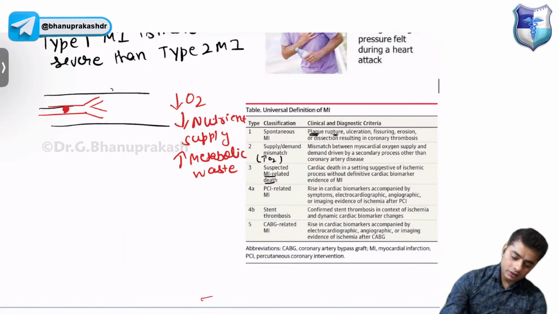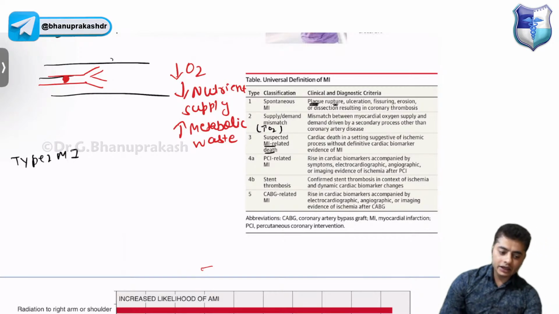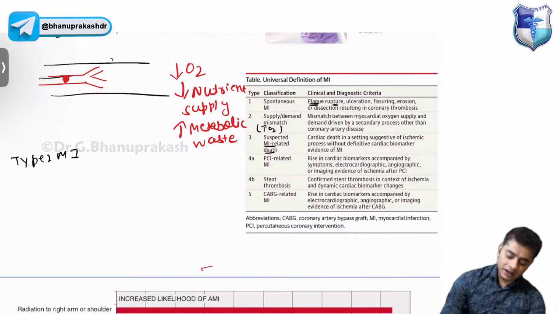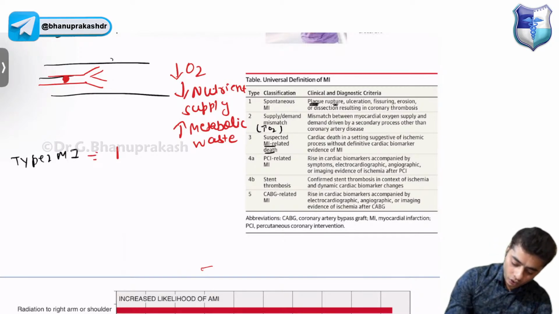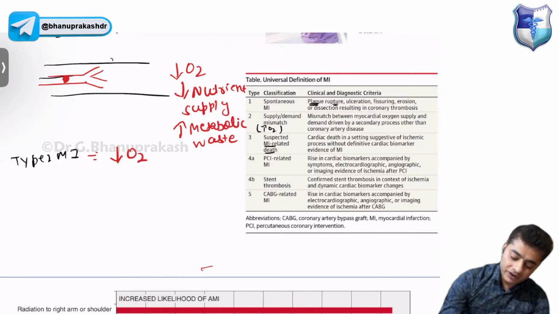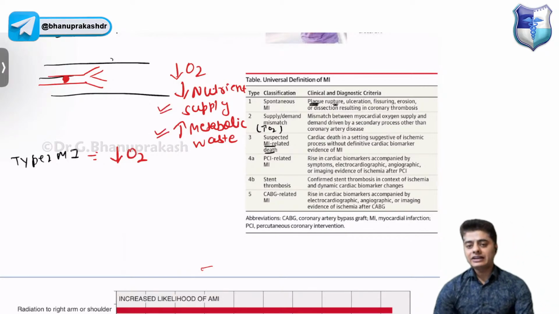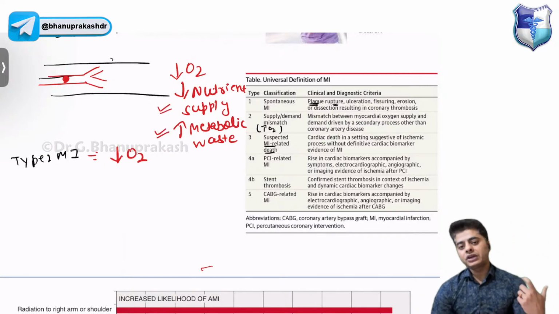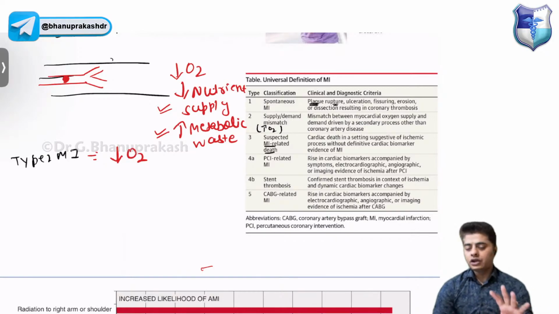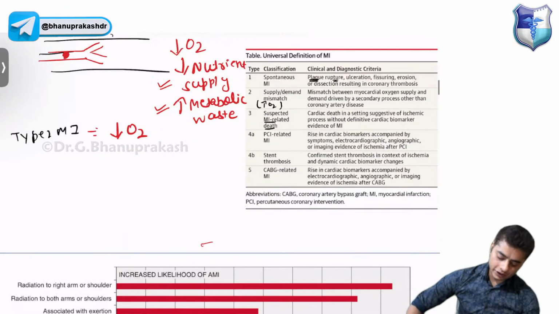Okay, but when we see type 2 MI, in type 2 MI, there is only decrease in oxygen. The other factors which are in type 1, that is decrease in nutrient supply and increase in metabolic waste, are not in type 2 MI. That's why type 2 MI is not that severe as compared to type 1 MI. And in type 2 MI, you don't have to do any procedure like PCI and CABG. Okay,